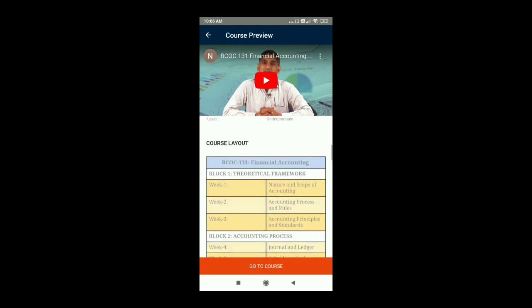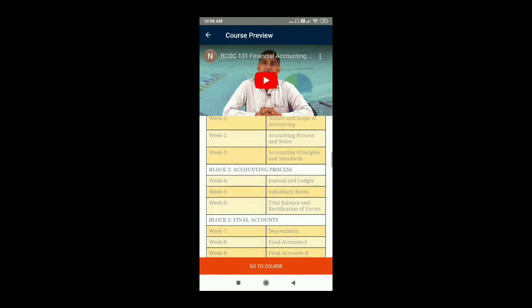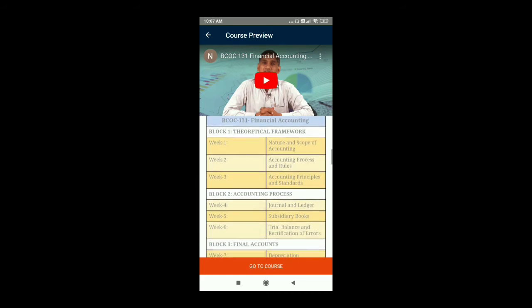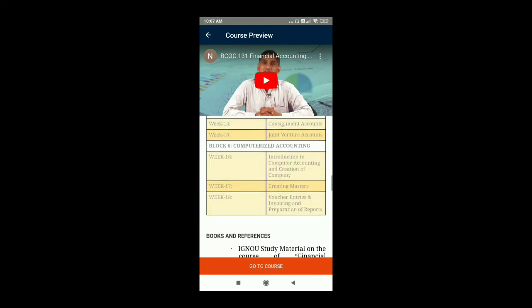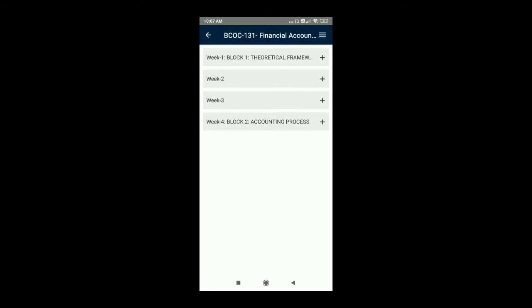Week 1, nature and scope of accounting. Week 2, accounting process and rules. Week 3, accounting principles and standards. Then block 2, accounting process, meaning journal and ledger, subsidiary. This is the layout for the course.